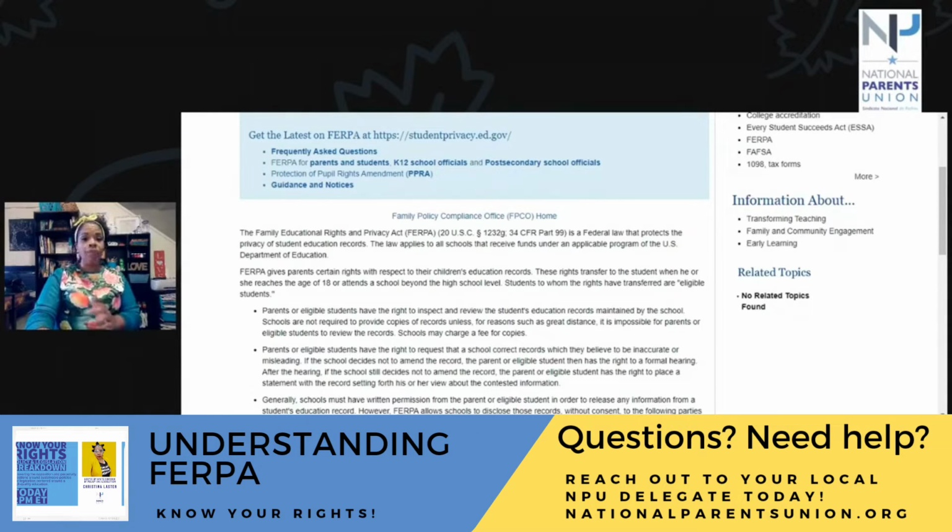So pay attention, okay? Although personally identifiable and directory information are often similar or related, FERPA provides different levels of protection for each. So again, it's going to vary by category. What is personally identifiable? Ask that. What are your regulations or rules around personally identifiable information and directory information, right? Because they are similar and related, you want to understand your rights with regards to protecting your child's information and your information, right? So FERPA provides different levels of protection for each.